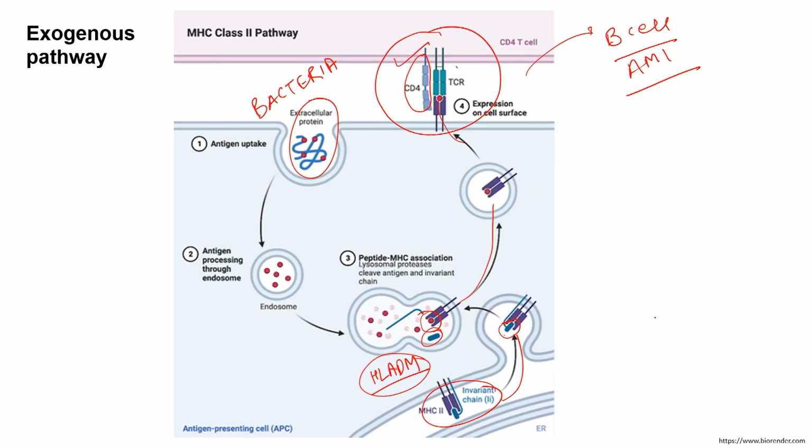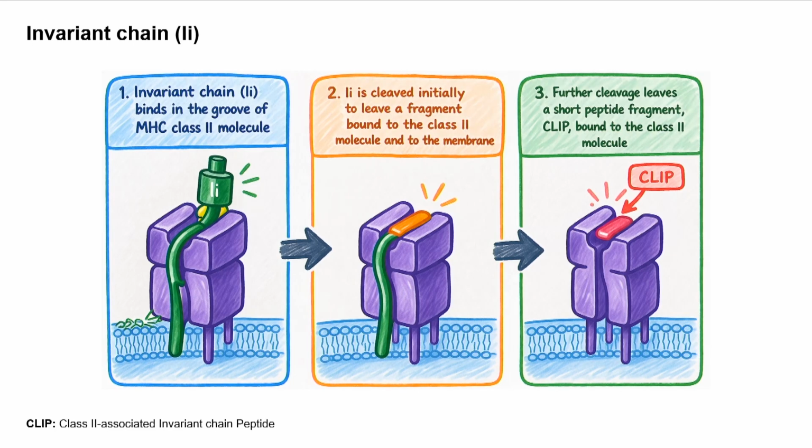So, this is a gross way we need to understand the exogenous pathway, and remember that this is a CD4 specific T cell immune response, because here we are activating the CD4, and in MHC1 we are activating the CD8 specific T cell, which is also called a cytotoxic T cell, whereas this is called a T helper cell. So, let us move on and see a little more about the invariant chain,